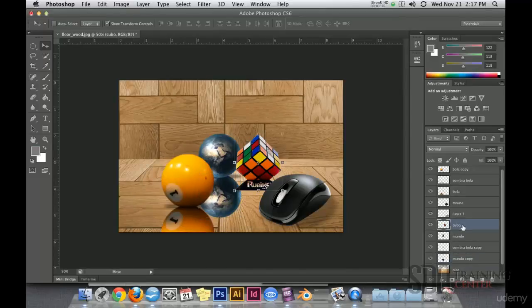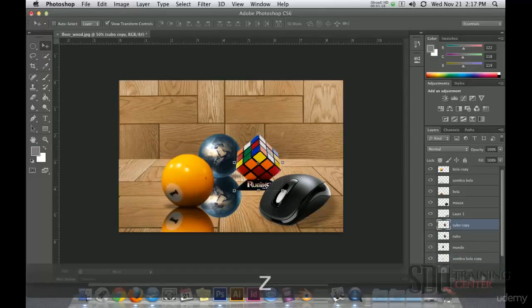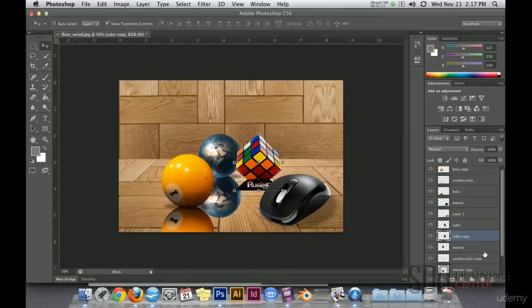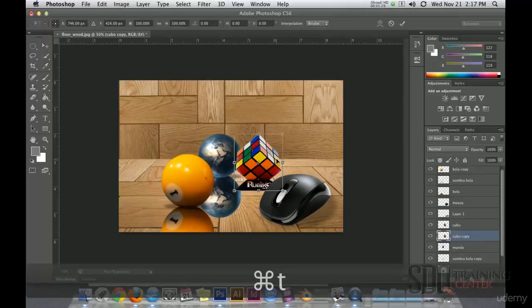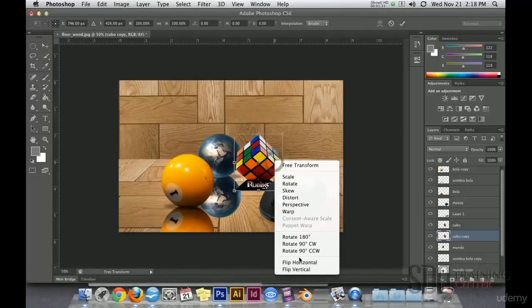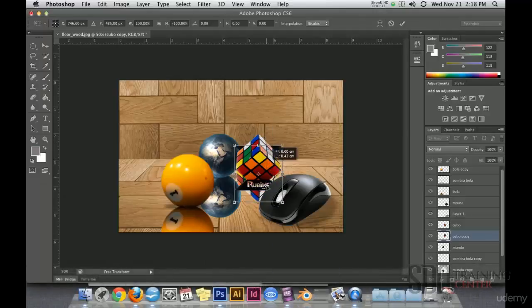Drag. If I want to duplicate a layer, I can also select the layer and press Command J or Ctrl J, and I get it that way too. It's a faster way to duplicate. Ctrl T, right click, flip vertical,